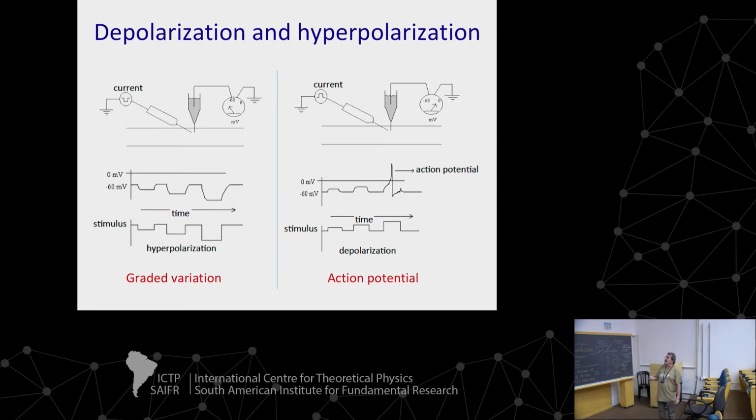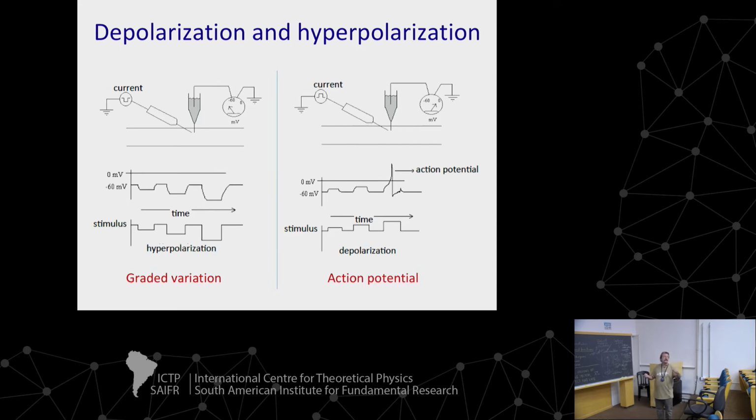In this case, at the beginning, you have more or less a similar phenomenon. You inject the current, and you have a graded response. But whenever the current reaches a so-called threshold point, and the corresponding voltage depolarization reaches a threshold point, which in this picture could be more or less around here, you have a stereotypical phenomenon that cannot be controlled by the experimenter. The voltage starts to grow very quickly, and in about half a millisecond, it goes to